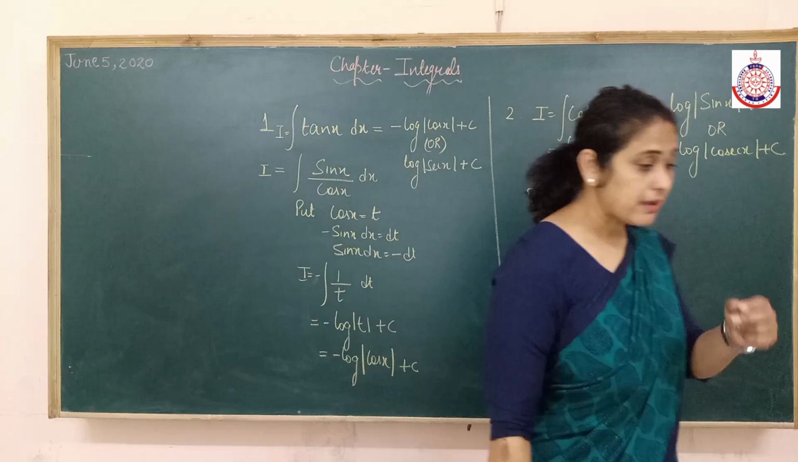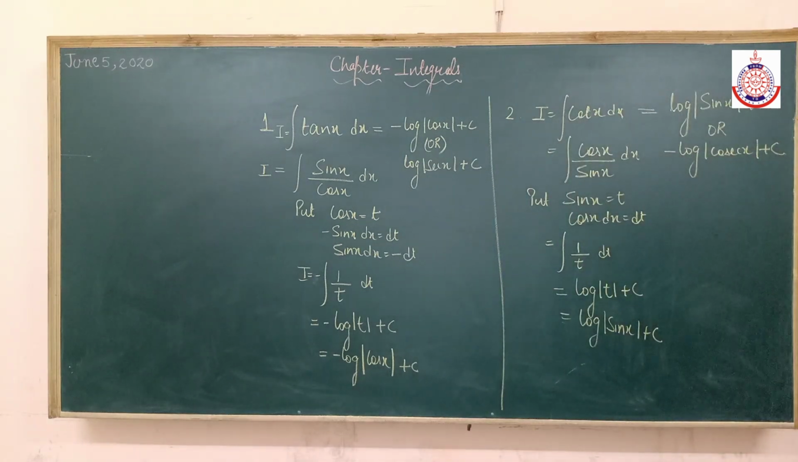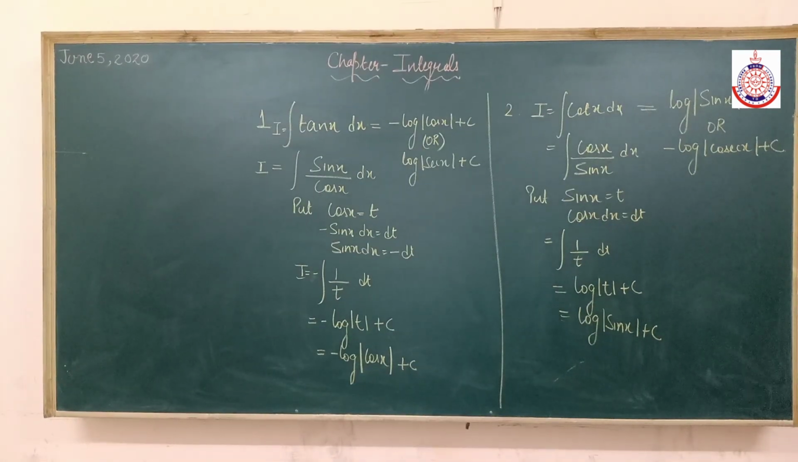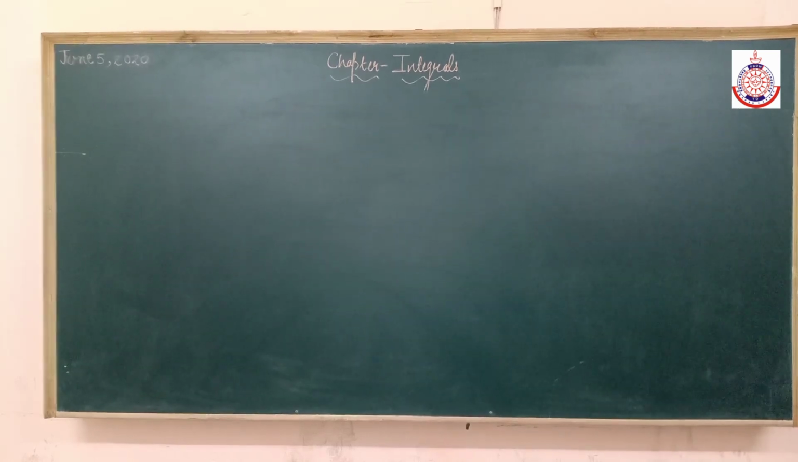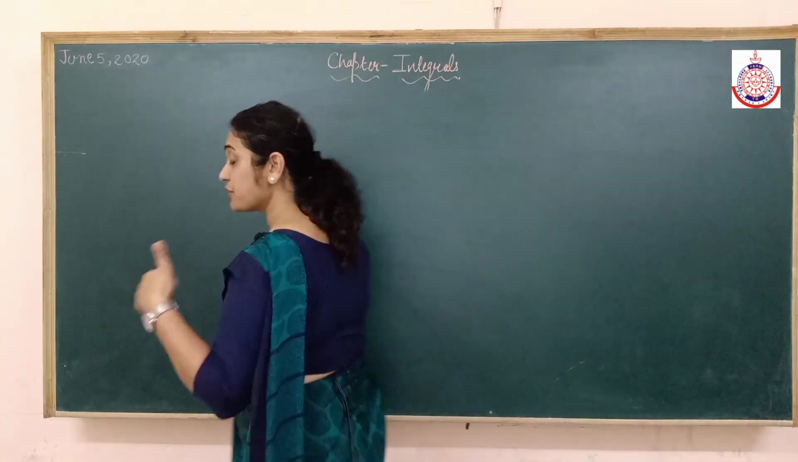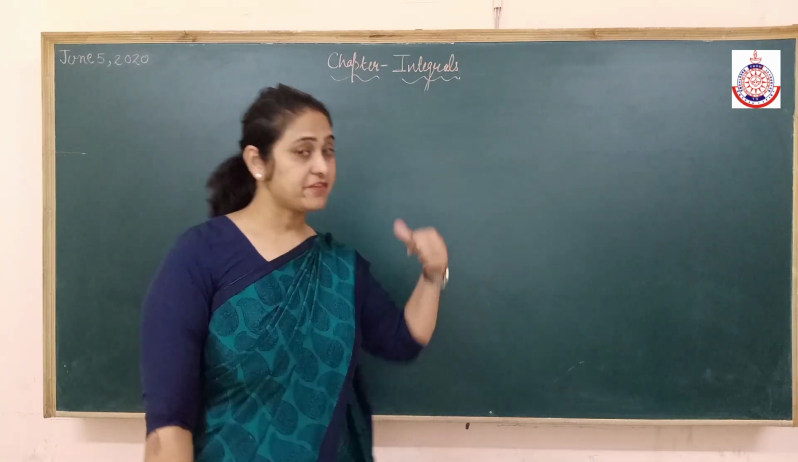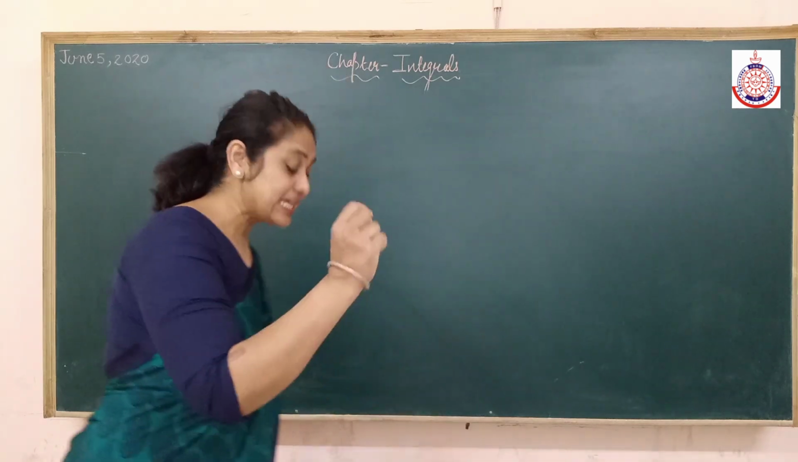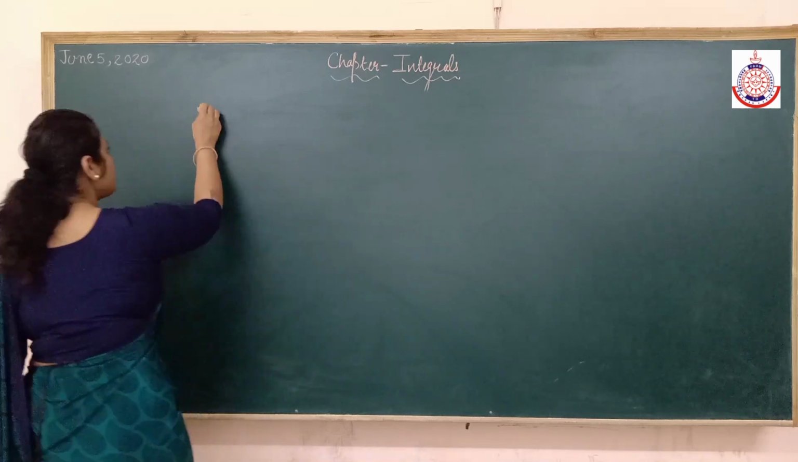Alright, so now two formulas we have derived, that is integration of tan x is minus log cos x plus c or log secant x plus c, and integration of cot x is log sin x plus c or minus log cosecant x plus c. Now let's see the next two trigonometric ratios which I told you. We have done tan, we have done cot. The next is integration of